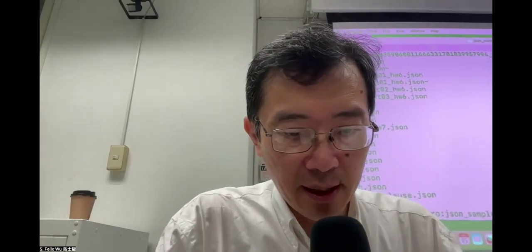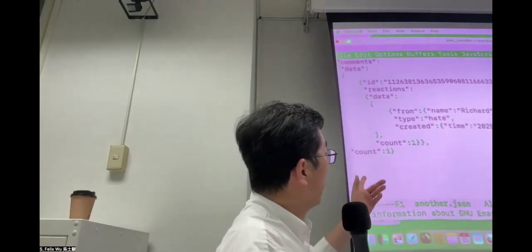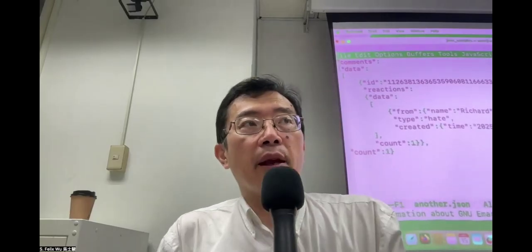Okay, so before the break, we look at this particular example. So what I show you here is that I can use the JavaScript object notation to represent an individual activity,